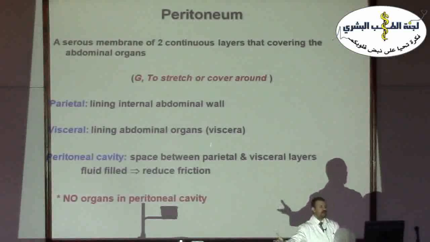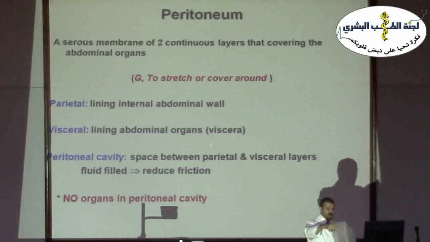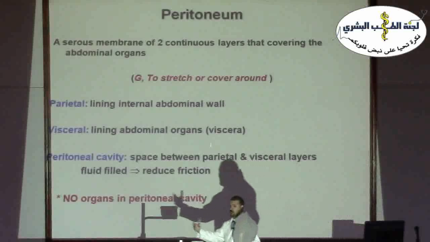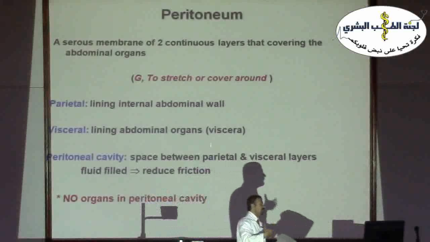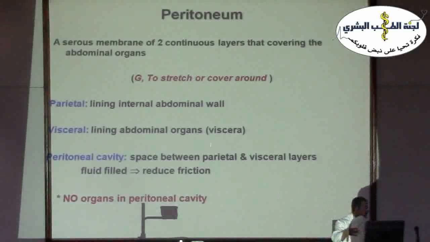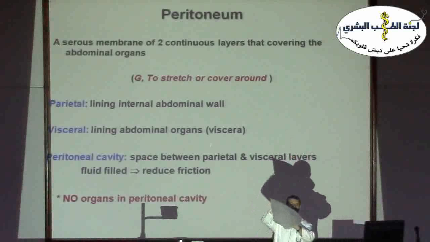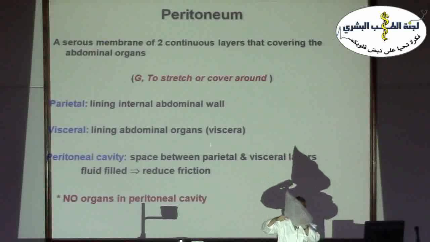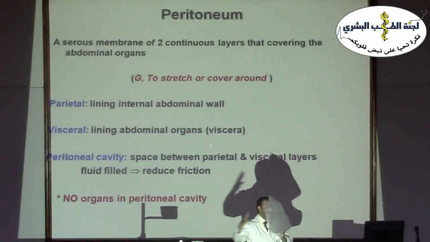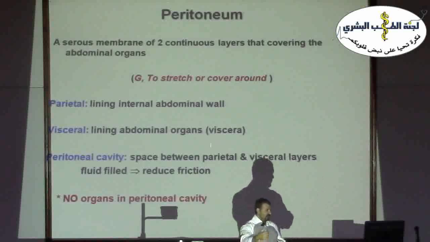You have parietal layer, you have visceral layer. Okay, but it is the same layer. So we have a parietal layer facing the wall, and parietal indicates the wall, it means wall. And visceral layer facing the viscera, covering or investing the viscera, or the viscus, which is the stomach. So it's continuous, but parietal and visceral are one layer, remember. They are continuous with each other, the same sac, okay? So I have a parietal layer facing the wall, I have a visceral layer covering over the organ, okay, visceral,